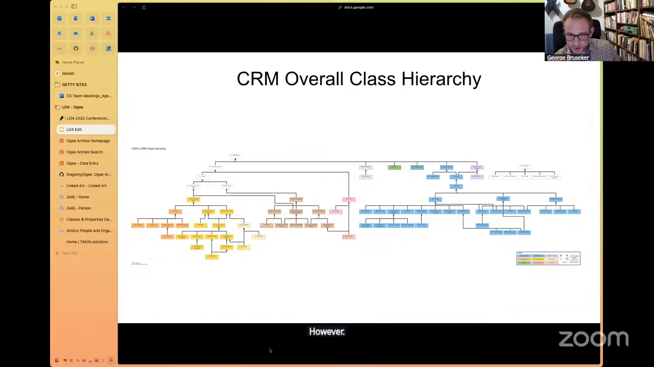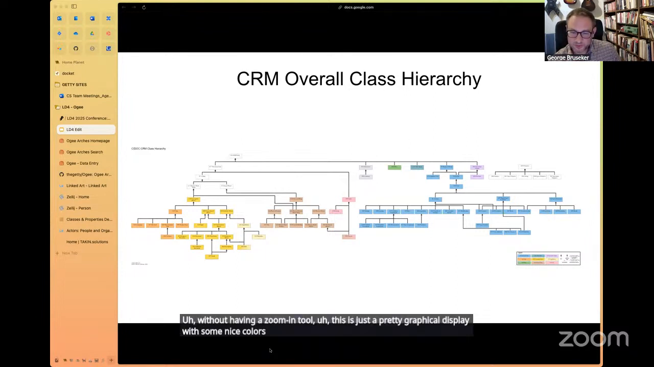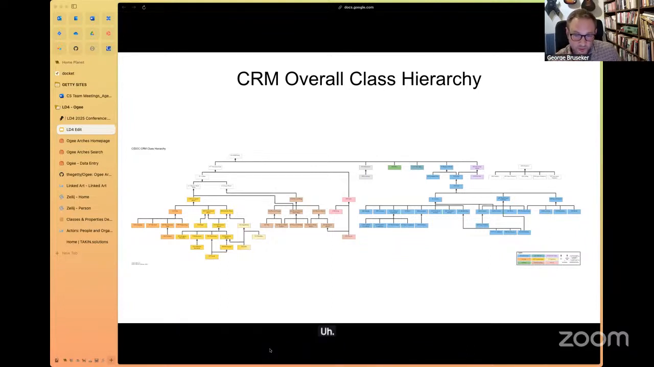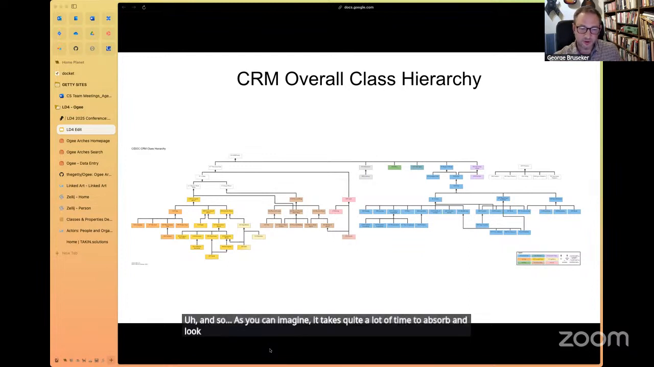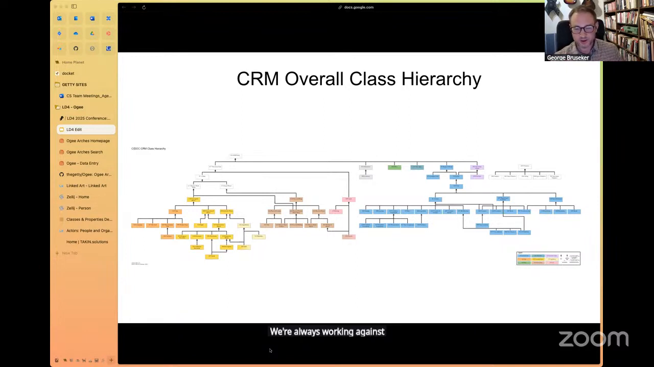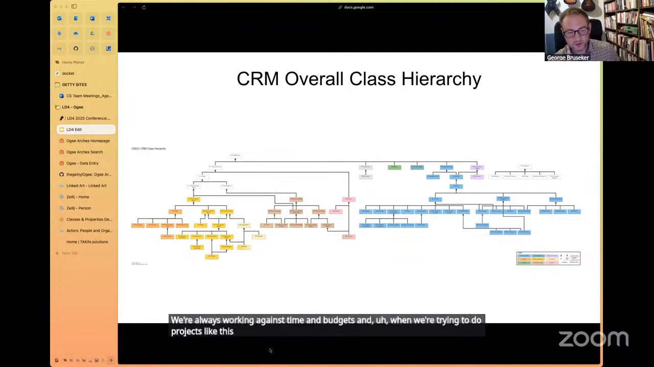However, as we can see by looking at the slide itself, without having a zoom in tool, this is just a pretty graphical display with some nice colors, and it's difficult to read. And so, as you can imagine, it takes quite a lot of time to absorb and look into this ontology and really be able to apply it effectively. And we're always working against time and budgets when we're trying to do projects like this. So that's a disadvantage. If we go to the next slide,